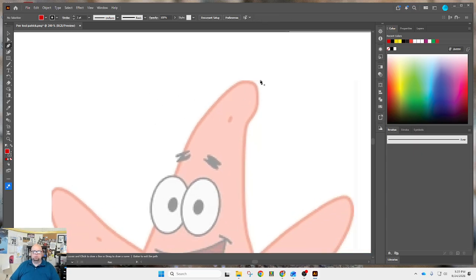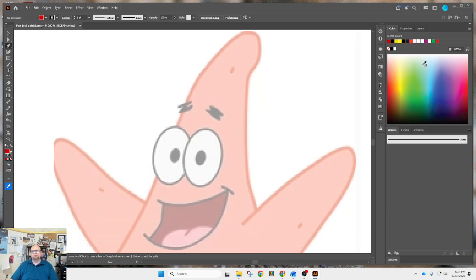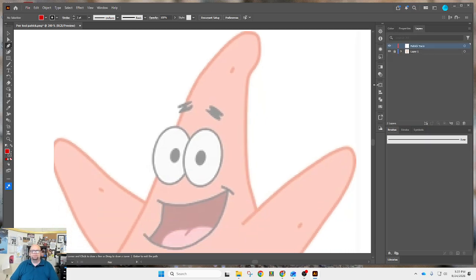I want to go from here to here. Now we're going to run into some problems. The first one is there are eyes here. So what I'm actually going to do is go in and make the eyes first. So I'm going to go back to my tool here. I'm just going to make an oval,